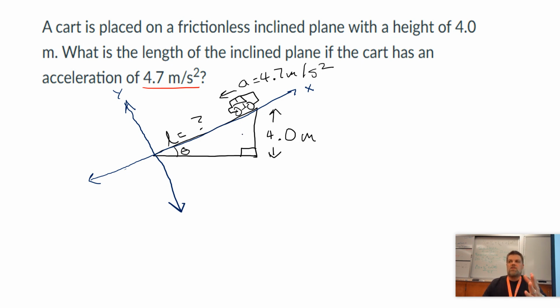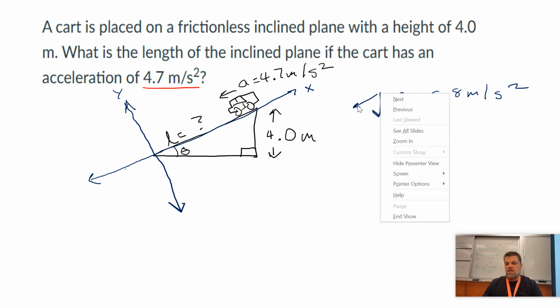What's really causing the cart to go down the hill? Gravity. So what's the acceleration due to gravity? 9.8 meters per second squared, going straight down towards the center of the earth. So gravity is going down in the negative direction, 9.8 meters per second squared. So if gravity is going down and I have an acceleration going in this direction,